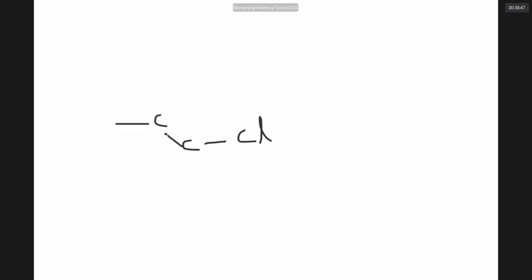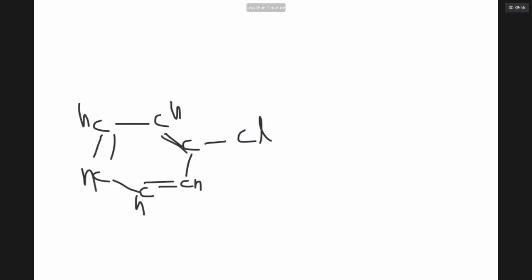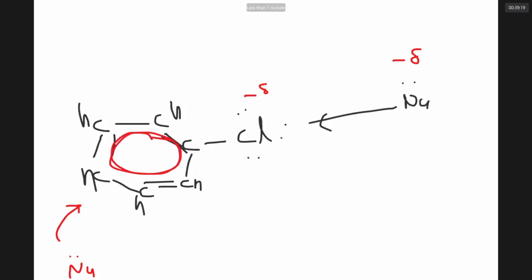The other reasons can be like, in chlorobenzene, this carbon which is linked to chlorine, this is benzene. Notice that the incoming nucleophile, which has a minus charge, cannot approach from front side. Why can it not approach from front side? Nucleophile has minus charge. Chlorine has minus charge. The nucleophile cannot attack even from back side. Why? Because benzene is an electron-rich center. The negative charge of electrons of benzene pi electron system repel the negative charge of nucleophile.